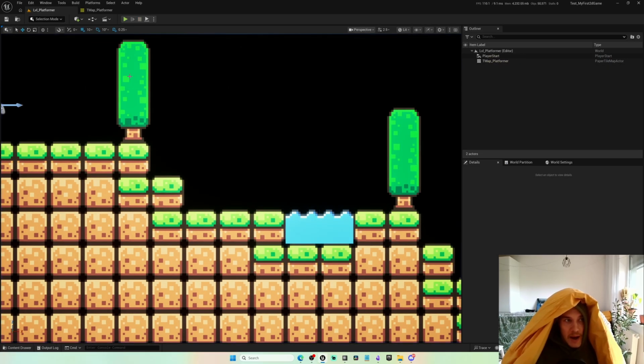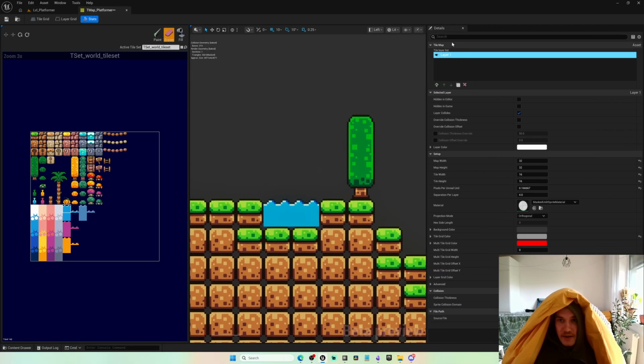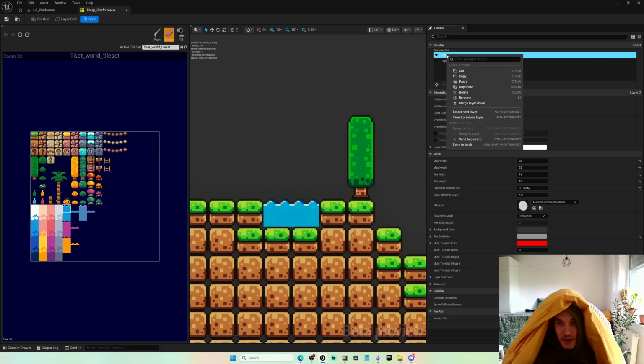So if I go back to the platformer map, I can go to the top right hand menu over here, which gives us the layers. We currently have just layer 1, which is the default one, but we can easily add new layers by clicking this button or Ctrl-Shift-N. Now the layers, in my opinion, are ordered a little bit weirdly because the one that's the closest to you is the one that's on top of the list. So the layer 2 is the one that's closest to us. So I'm gonna name it